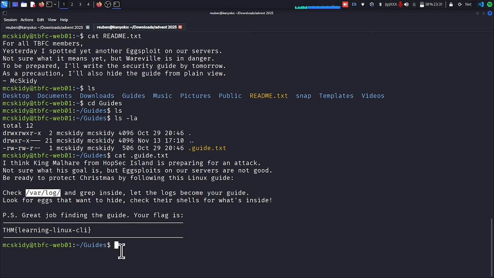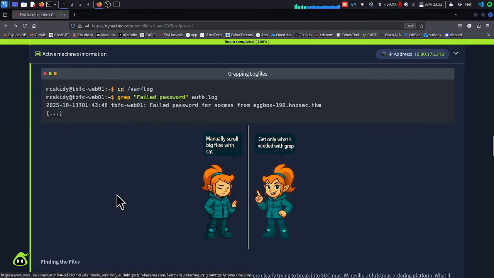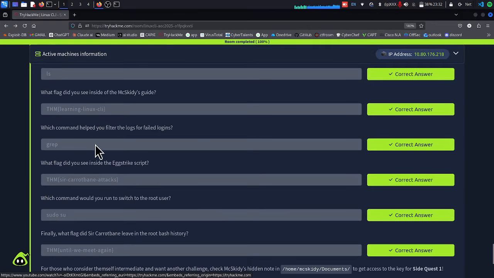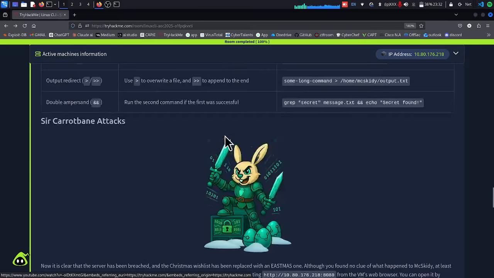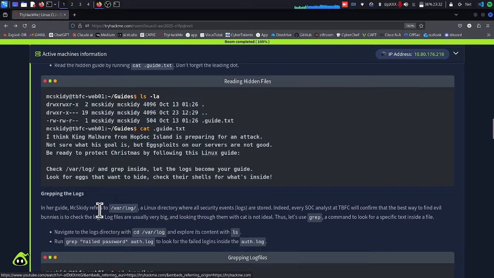So we already have a lead on what you're going to do next, but as of now, you can copy this, and I understand there must be a question asking that down here. Sorry for that. What flag did you see inside the guide? Exactly. So you type that, it should be the correct one. We'll go back to where we were. So in the guide,